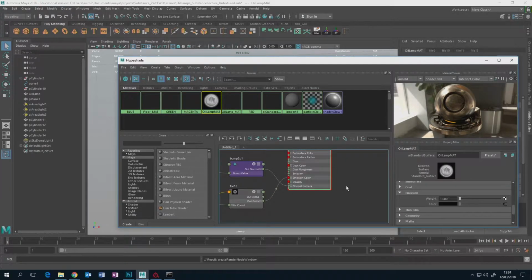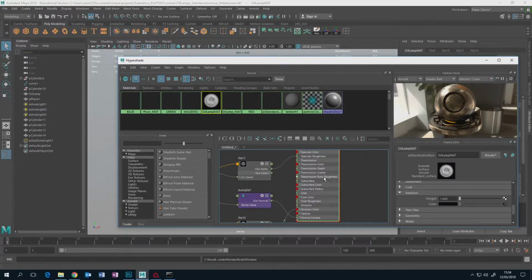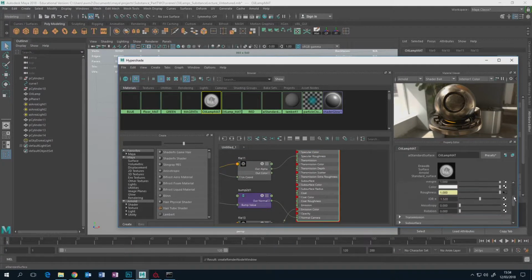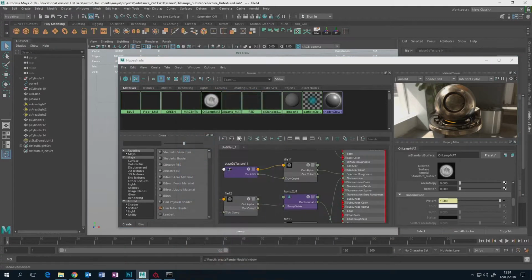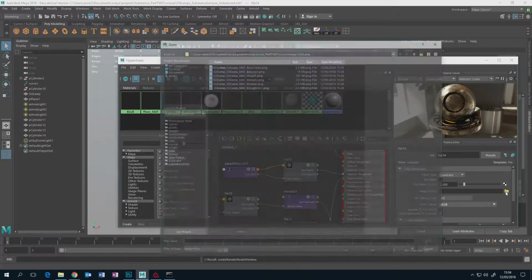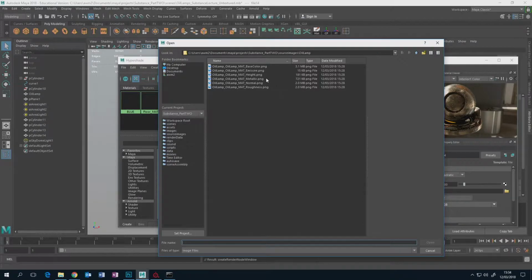Okay, now the important one, transparency. So transparency, the opacity, goes into the weight of the transmission here. Transmission means how much light can be transmitted through the object, which is just a fancy over-the-top way of saying transparency. So again, we go into the weight here, and we go to File, and we choose our opacity,